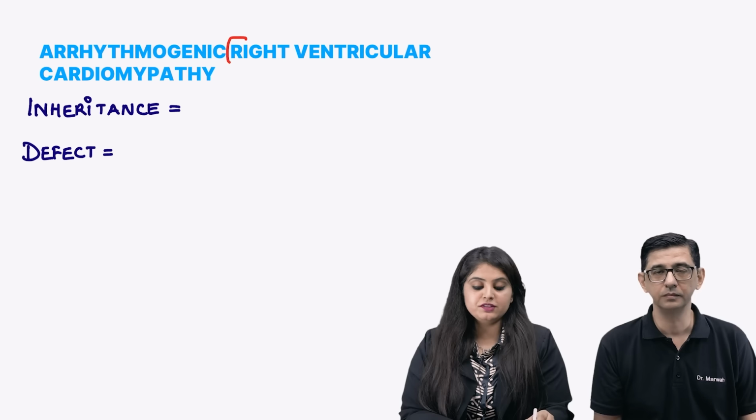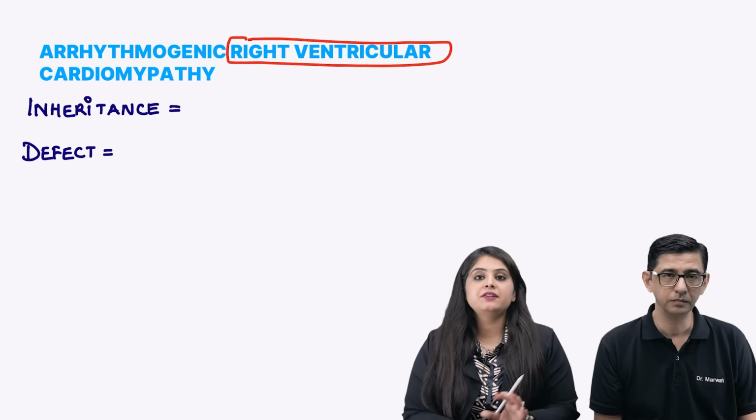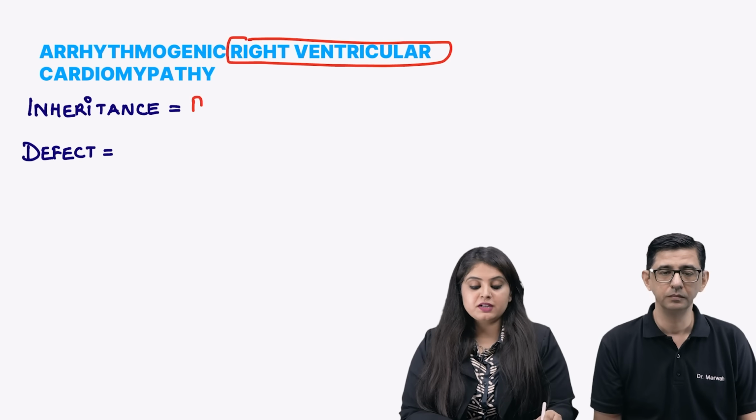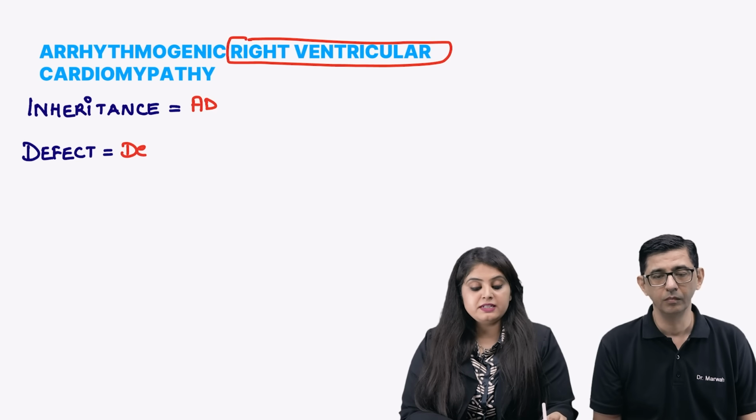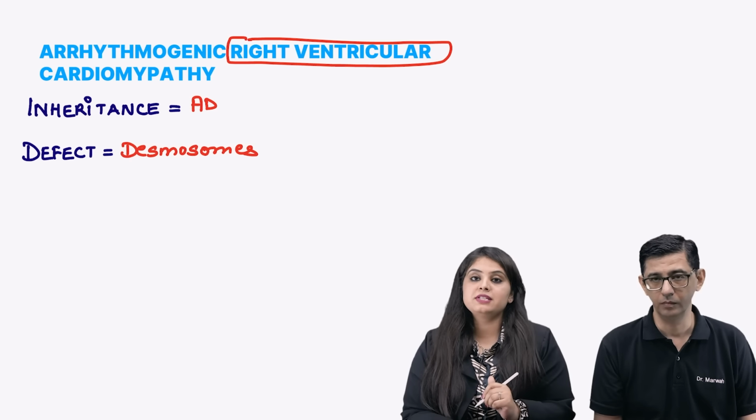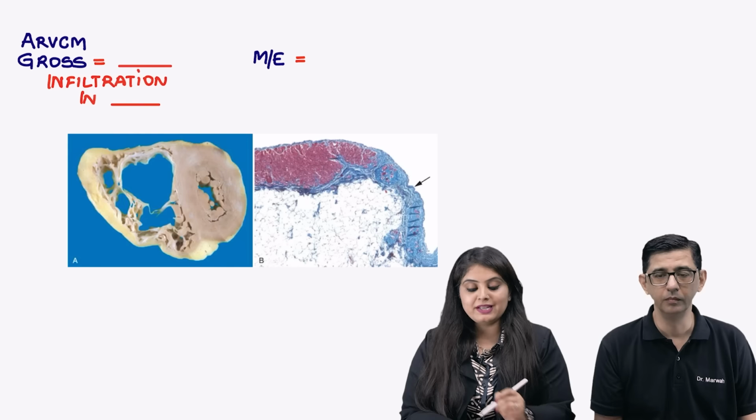As the name suggests, it's going to be primarily involving or a defect that is going to take place in the right ventricle. And as always, we start with the inheritance, which is going to be autosomal dominant. And there is going to be a defect in the desmosomes, especially something called as plakoglobin, which I will tell you in a while. But what exactly is happening in the right ventricle, you can visualize directly with the help